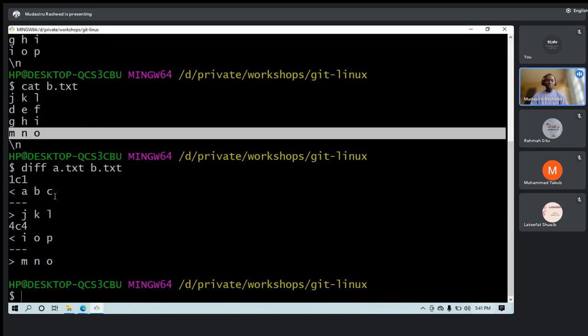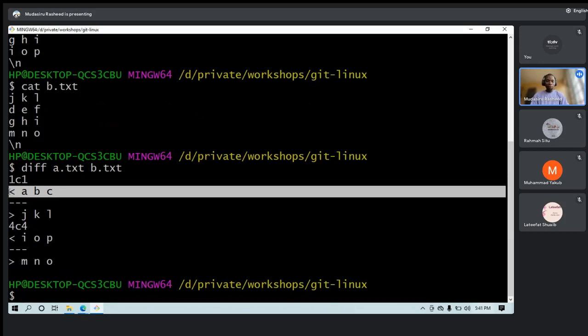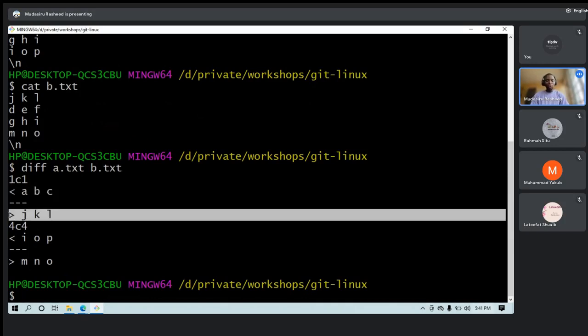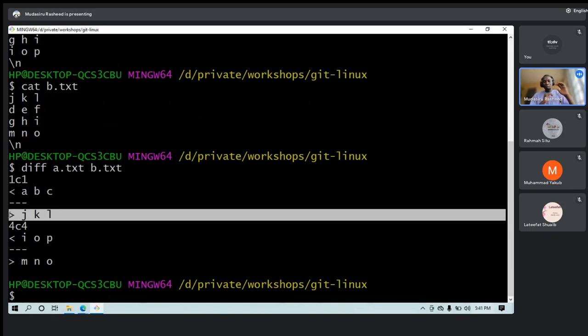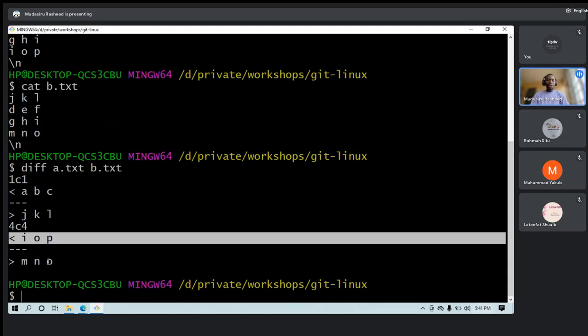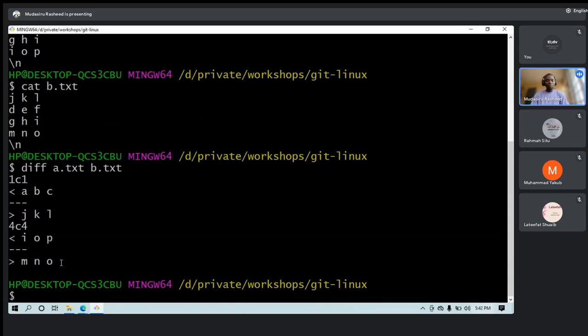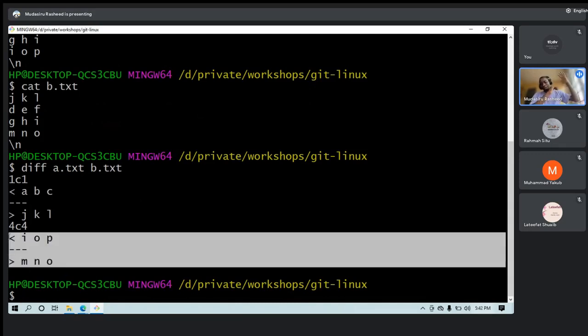Okay, now it's telling us that line one in A is this and line one in B is this. Then if you are to match them together, we should make this line 1 in A and line 1 in B, push both of them, line 1, line 2, and make them in our repository. And it's telling us that, okay, if you go to line 4 in A and line 4 in B, they are different. If you want to match them together, you go ahead and do the match. Okay, that's the difference.